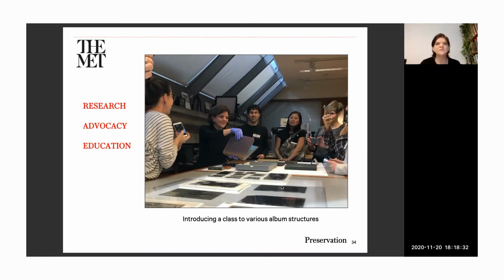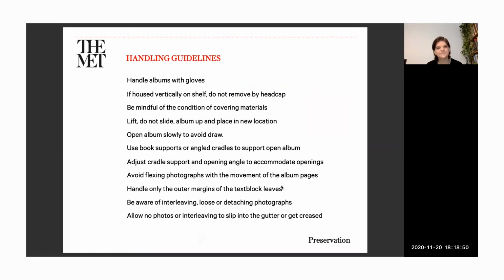And I have a few text slides here that I'll go through, but mostly as a review of how photograph albums are different from other materials, how their hybrid nature makes them vulnerable to different materials and housings. As far as handling, this is not a lesson. It's more of a review. I will generally always approach an album that I don't know with gloves. There's so many different aspects to it, I don't really know what's going on with the pages, how they're adhered, where the photographs are, and I want to be extremely careful that I'm not handling anything where I could risk